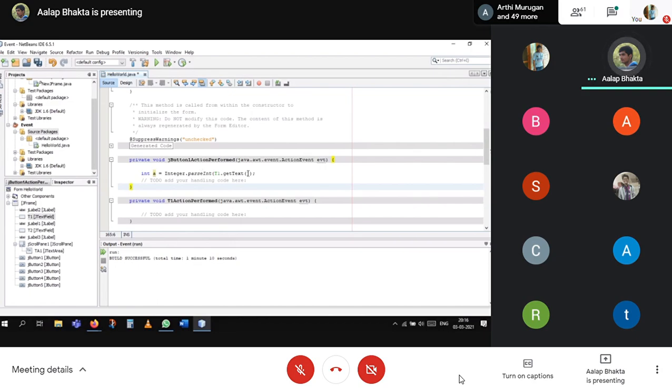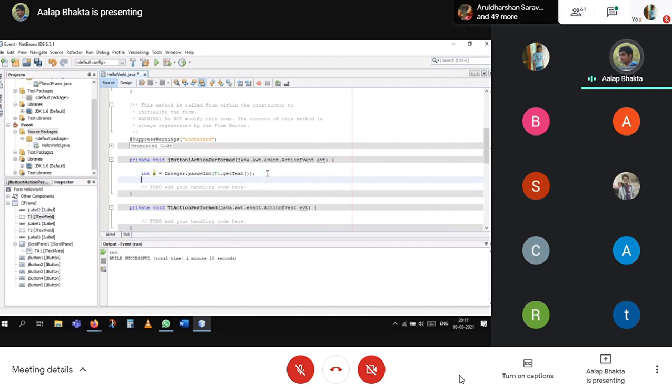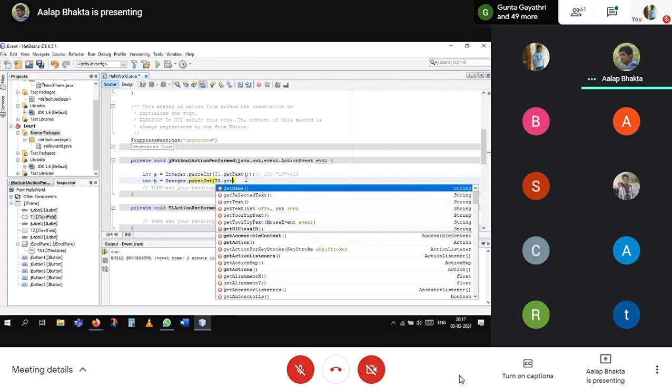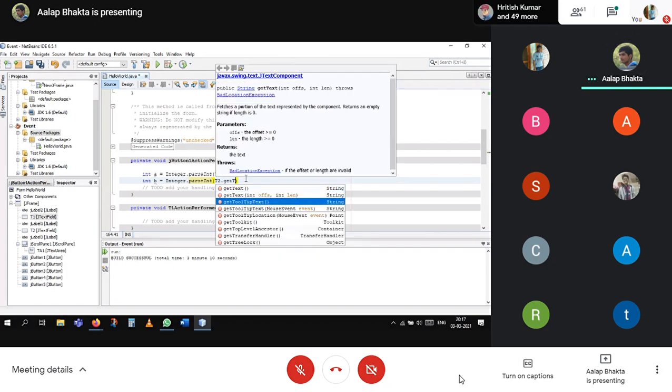So if I enter 10, from getText it will get 10 as a string, but it will be converted to integer data type 10. The same thing works for the other number also: int b equals Integer.parseInt(T2.getText()).